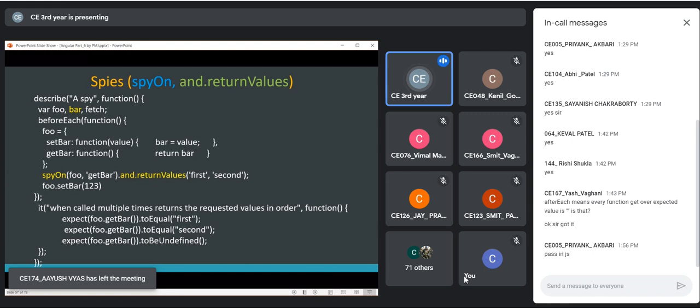So temporarily, suppose, as we discussed in the previous lecture, there are 10 functions to be tested and 8 of them have been implemented, 2 are remaining. What we can do is write down this spy function along with the return values or expected values, and then you can do the unit testing and integration testing until those two functions are implemented by the developer. Till that time you can do the testing.